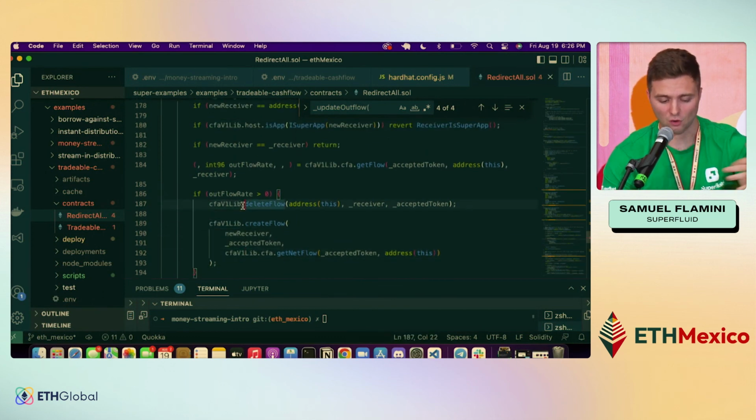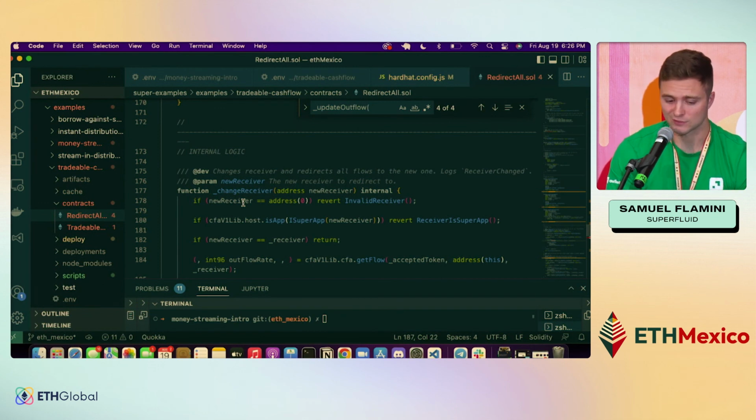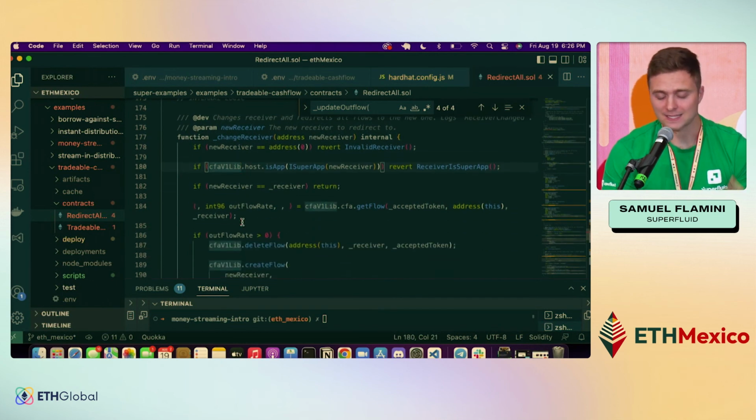And again, this is all here. You guys can fork this, use it in your own applications, make it better. I'm sure there's gas golfing opportunities in here if you're so inclined. Feel free to go crazy, but that's the idea there, right? So in the case of this contract, it's going to receive tokens and send them out automatically so that the balance of the contract is always zero, but the owner has this asset that is now a tokenized cash flow. So again, highly recommend you check that out.